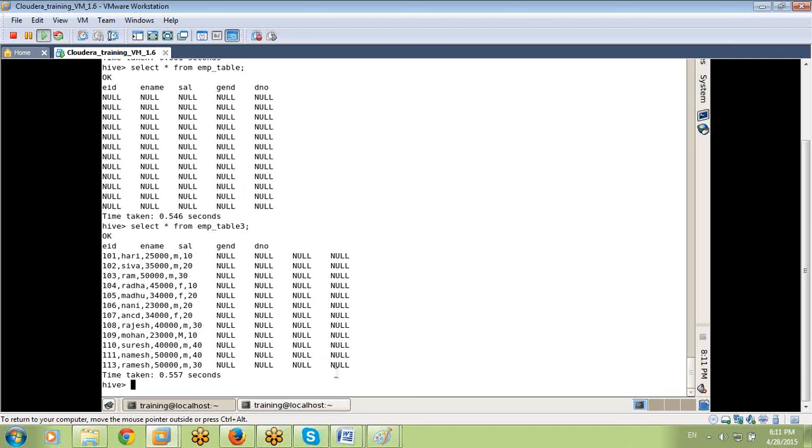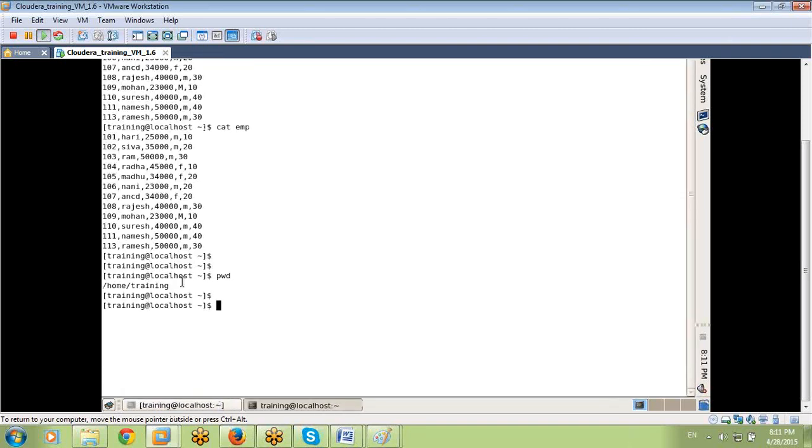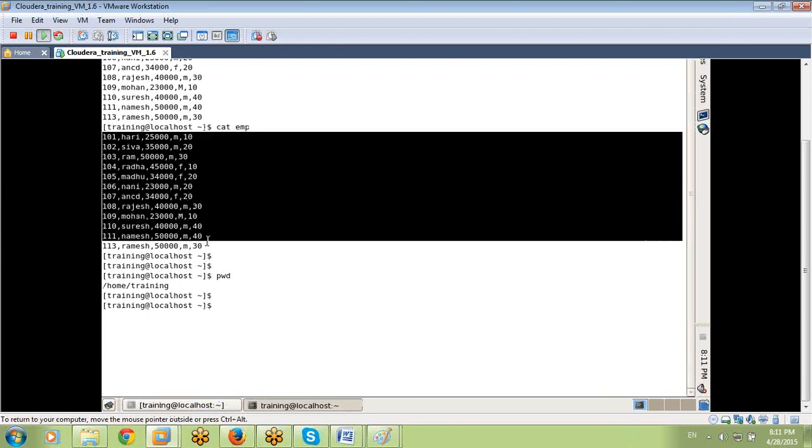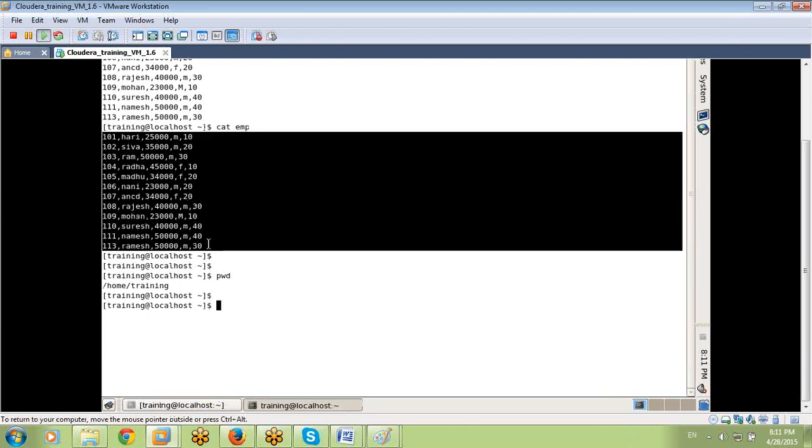So what happened? All the data is coming in the EMP table and EMP table 3, and also in EMP table 2. But in EMP table 2 we mentioned the delimiter, so it loads properly. In table 1 and table 3 there is no delimiter.